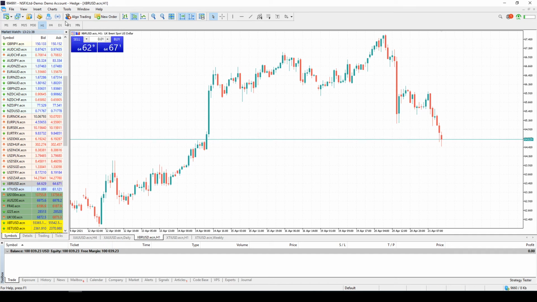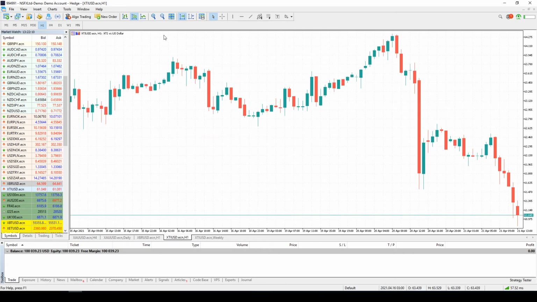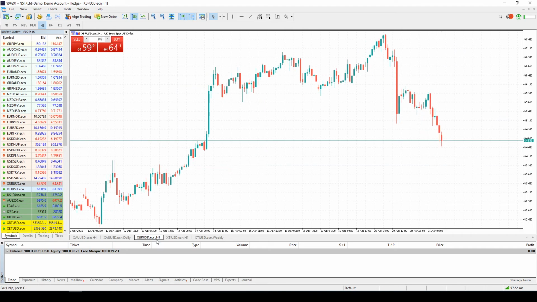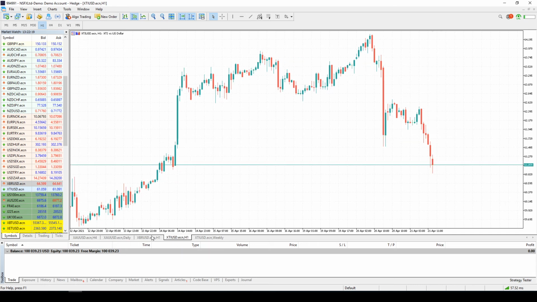let's just check the charts here. Looking at the current situation of oil, you see that the volatility is really high. It was pushed up last week, and right now it was pulled back to the same level of 64. I'm talking about XBR. If you're an experienced trader, you have definitely noticed that the pattern of price action is similar for XBR and XTI. Here we are. If I switch between these two assets, it's the same.